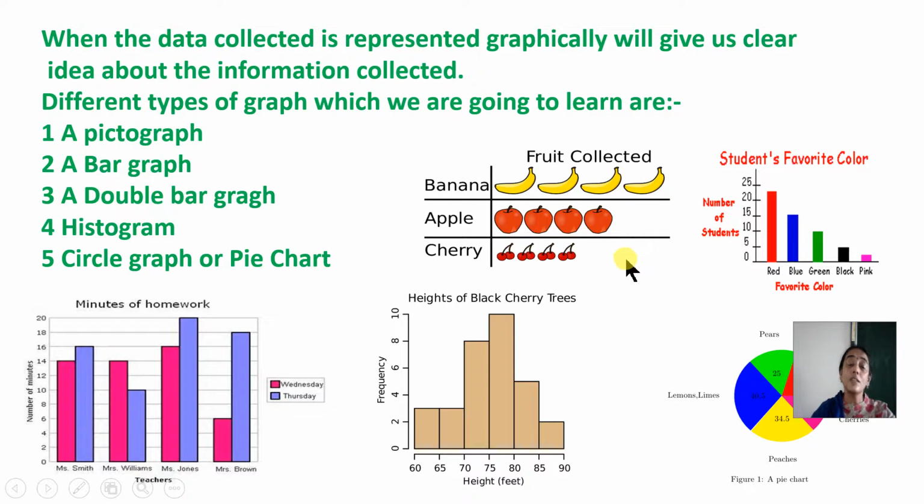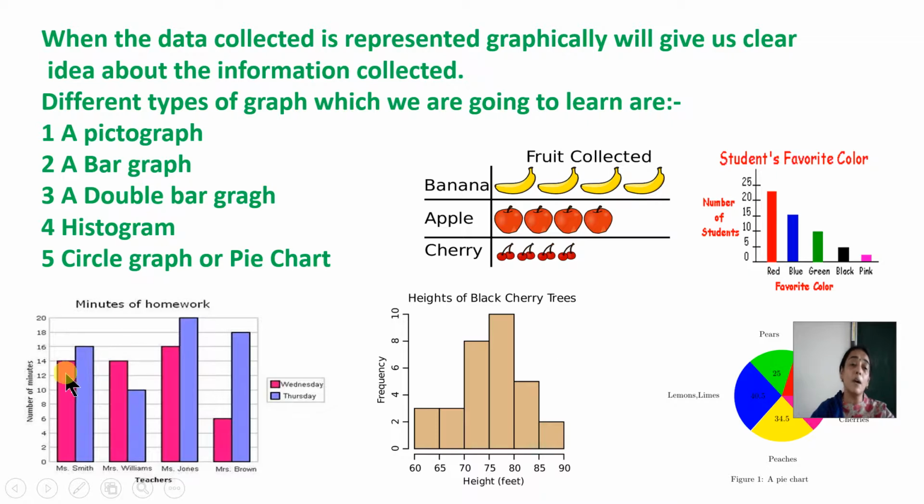So this is how graphs are useful to us. They give a clear idea about the information and it becomes easy to compare. That means the comparison becomes very easy. See here, now double bar graph. This is the type of double bar graph, and here there is again a space. You can see in a bar graph also there is a space. Bars are there but there is a space.